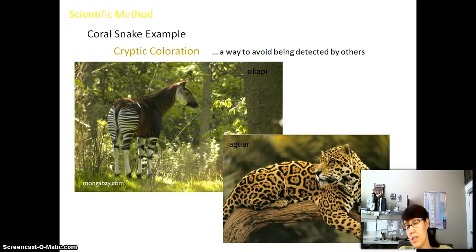Now the jaguar has spots because it tends to live in forested areas. And if you've ever been into a forest and you see the